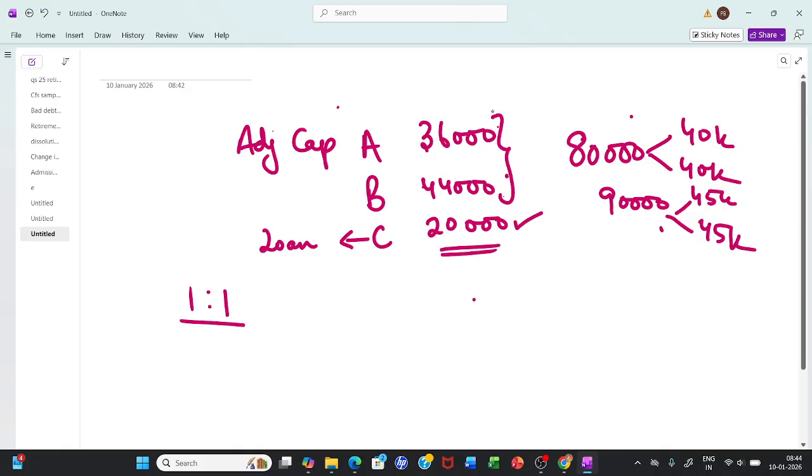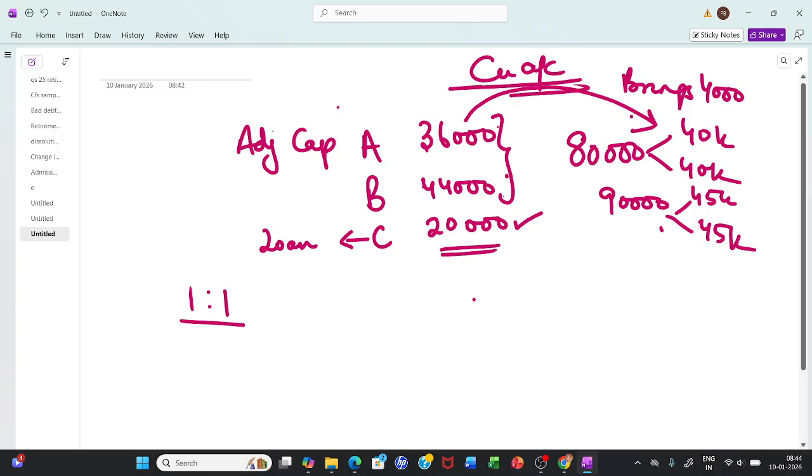When we are changing their capital, like here 36 becomes 40, this person brings in 4,000. So either it would be in cash or it could be through current account. Also these adjustments could be made. In this case 44 becomes 45, this person will bring 1000. 36 becomes 45, that person will bring 9000. So one is new capital is given, or they want their capital to be in the new ratio, so take this adjusted